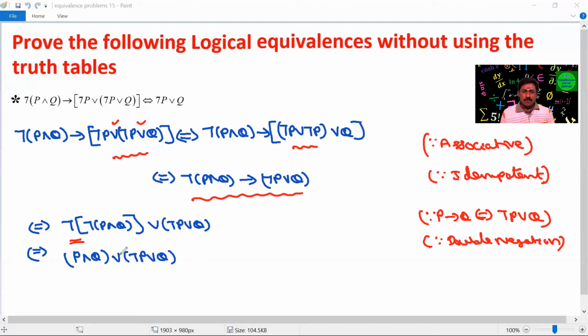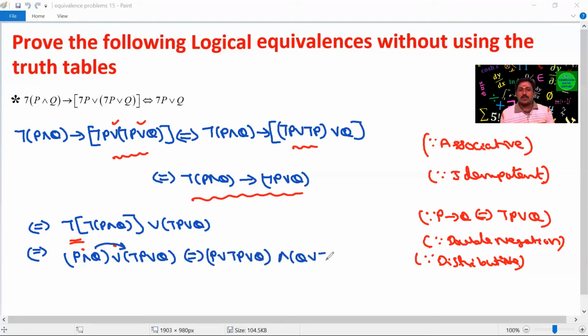So applying that double negation law, we can write the term as simply P and Q, or not P or Q. If you observe this term, still we didn't get our required result. So therefore, still we are going to simplify this. If you see this term, these two symbols are same, but these two symbols are different. So we have to consider the different symbols for applying distributive law. If you apply the distributive law, here we can write this term as P or not P or Q is the first term, and Q or not P or Q. So if you observe this term, here all the symbols are same.